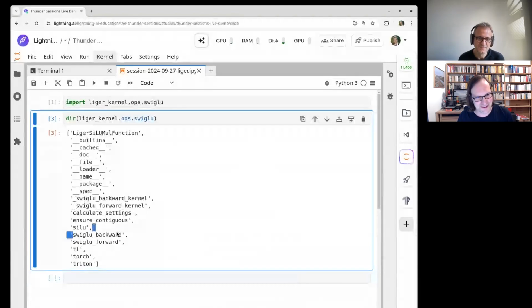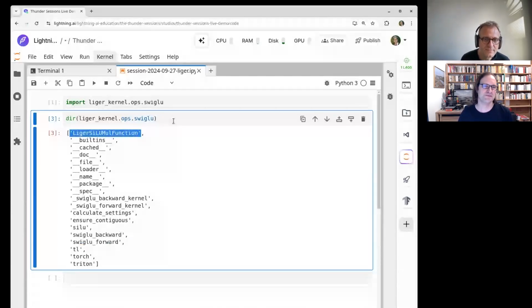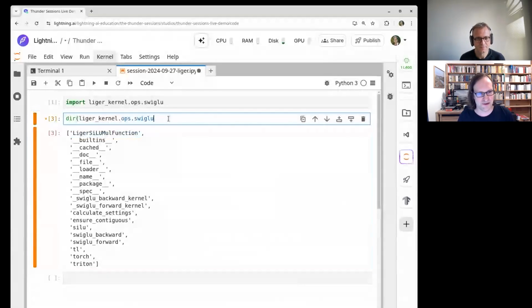And then there's swiglu forward and swiglu backward, and those will be the things that we will be using. There also is a Liger SiLU mul function, and we'll see a bit what that is about, right? Yep.